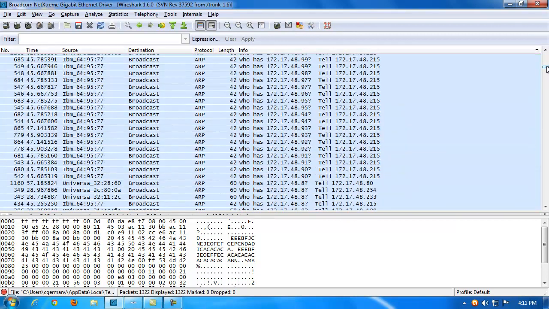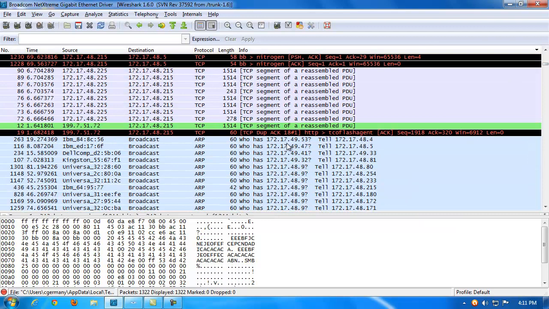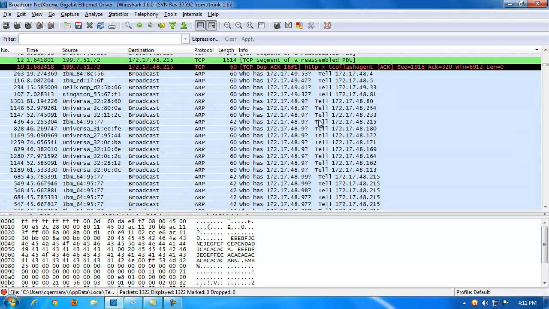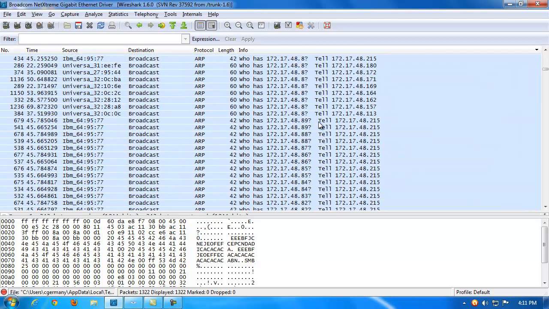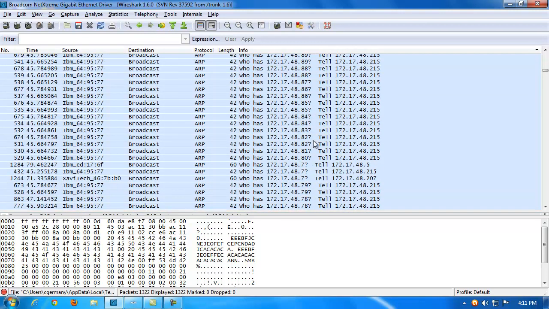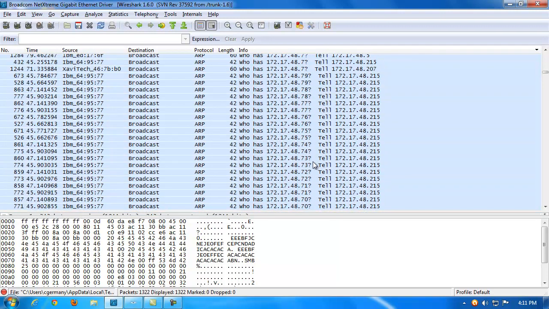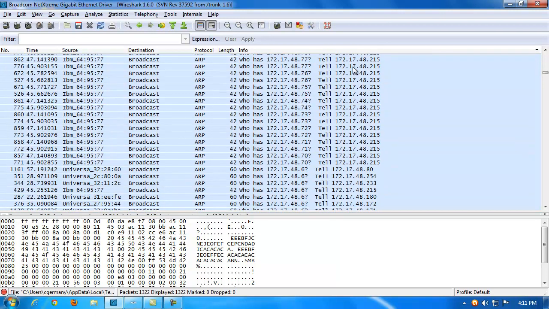All right, and then notice here who has 53. Tell 152, 17, 48, 4, 48, 5, 33, 81, 80. All right, but look at this. Who has 48, 9? Who has, you know, in sequence 89, 88, 87, 86, 85, 84, 83. So I'm enumerating here. There's 79, 78, 77, 76, 75, 74, 73, 71. And notice the culprit, I'm not using a decoy right now, so it's pretty blatant that I'm